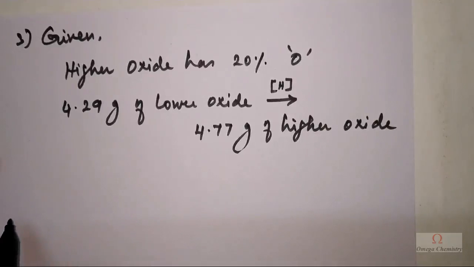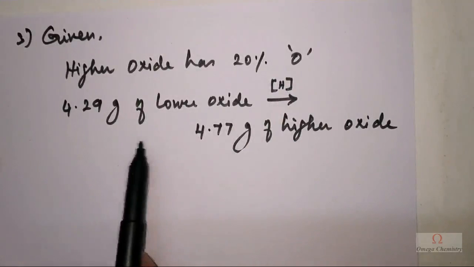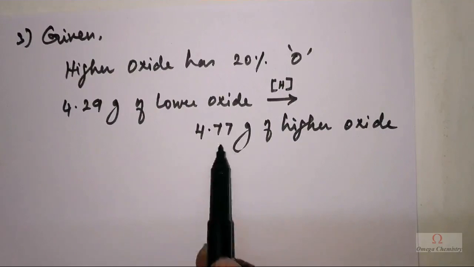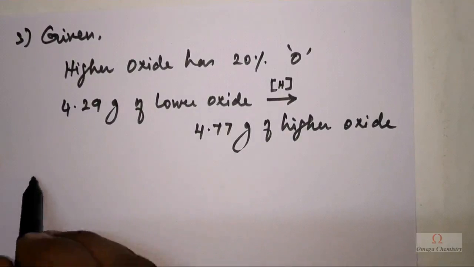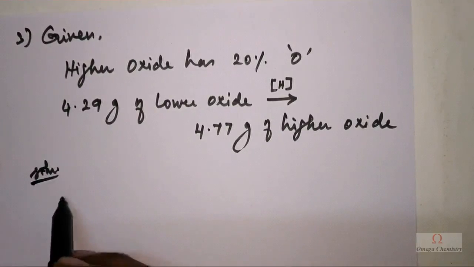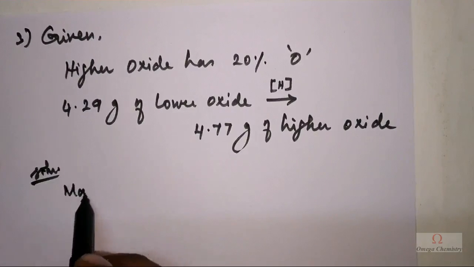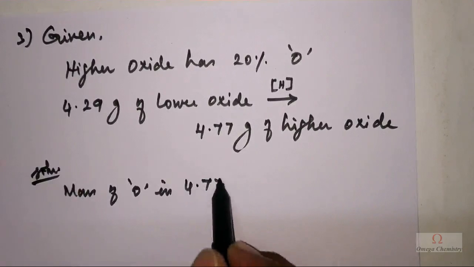Okay, so it is given that the higher oxide has 20% oxygen, and 4.29 grams of the lower oxide upon reduction gives me 4.77 grams of the higher oxide. So let us find out the answer for this. So I know the mass of oxygen in 4.77 grams